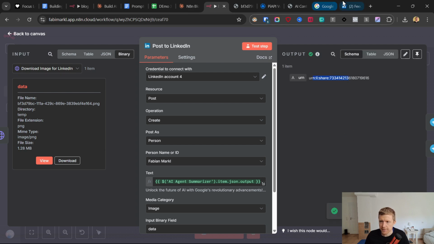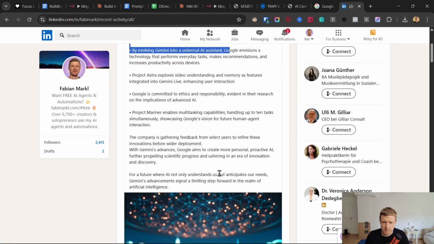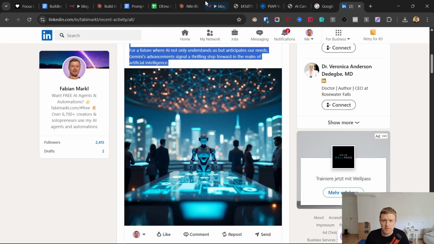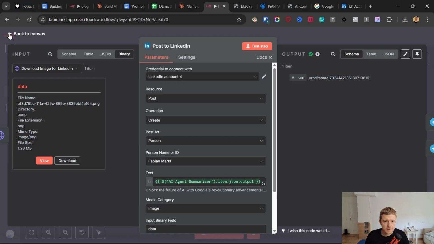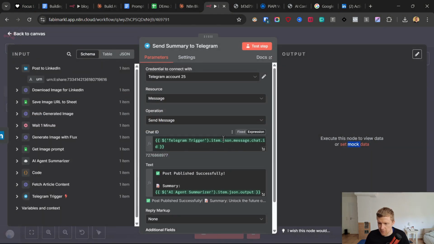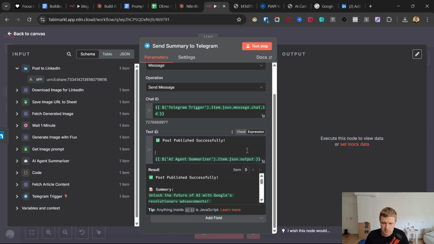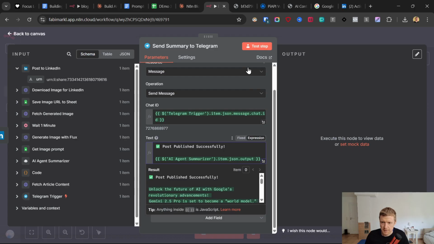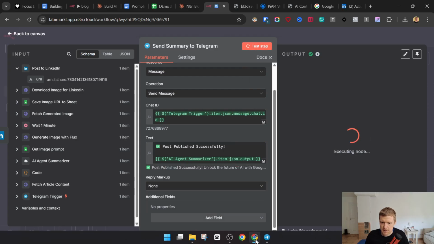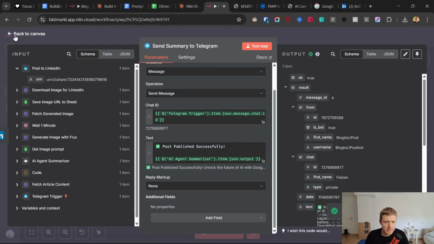Looks good, there is no error. So I go to LinkedIn and now I see the post was published, fully automated with the image. Perfect. Now the final step, I want to get the image. So this is already connected, right? So this is the post was published. This, I just don't need. So if I click on test step, here you see I get the post